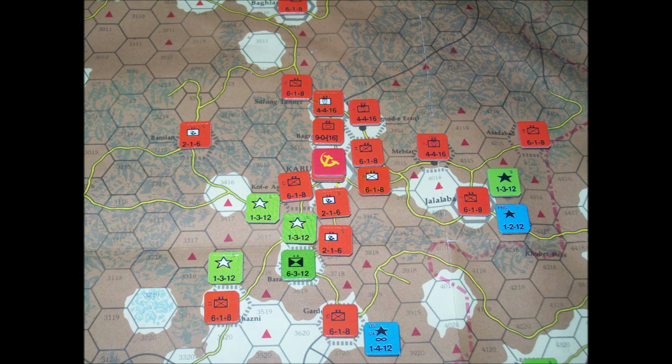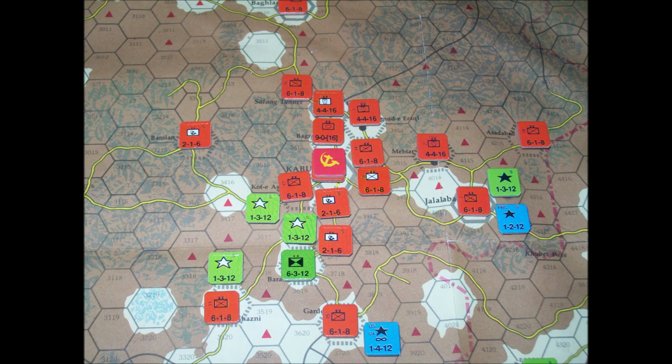The Pakistani forces are used to attack the government infantry units just to the northeast of Kandahar, and I had the Pakistanis use the mobile combat results table, and as a result, the 11th Infantry is eliminated by attrition. Then the Pakistani units use mobile warfare to move back into Pakistan. So that was very successful.